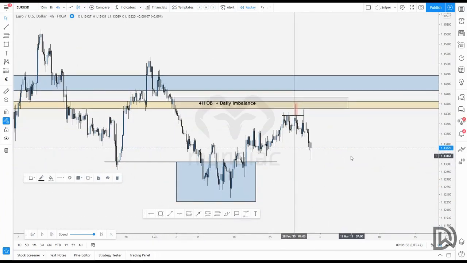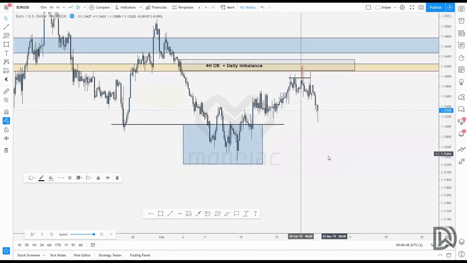The bearish ideas on the lower time frame, they will carry much more weight. Bullish ideas on the lower time frame are less probable. They're not impossible, and we do take those trades as well, don't get me wrong, because we can just see we have this daily manipulation idea, and we have the same idea on the 1 hour, on the 4 hour time frame. We can see that idea playing out